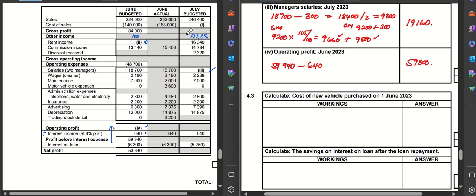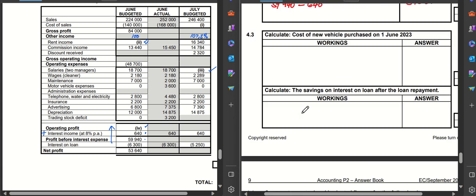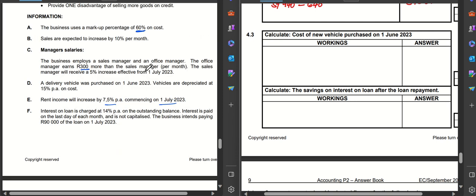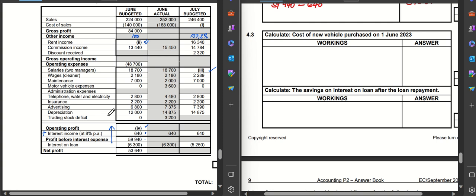Okay, I'm going to quickly come to 4.3, and it says calculate the cost of the new vehicle purchased. All right, let's see if we have information. A delivery vehicle was purchased on the 1st of June. Vehicles are depreciated at 15% per annum on cost. All right, so we can see that there is a vehicle that has been purchased because our depreciation has increased from 12,000 to 14,875. There were several ways in which one could have done this, but I'm just going to show you the